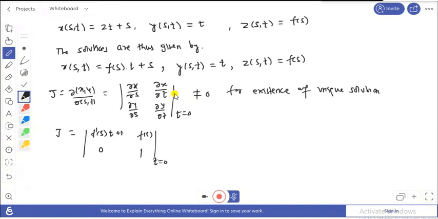Okay, so this is 1, I think this is equal to 1 only. Okay, so this is non-zero,